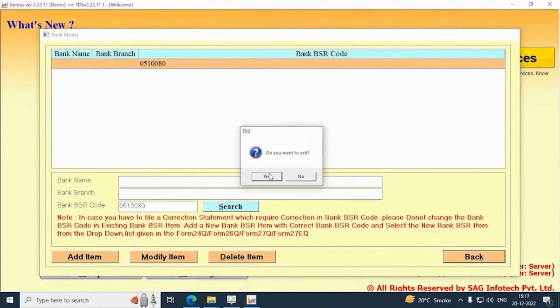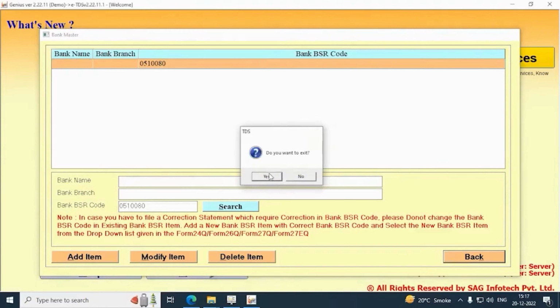Go to Masters and then Individual Info Add Client. If you have prepared your client master in Client Manager, then you can import the same from tab Import Client Details. After creating client, if you have put some wrong details in the client master, then you can modify it from Modify Client tab and then double clicking on the client.